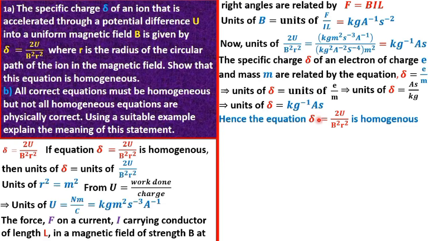Okay. So, friends, that's how we can answer this first part. Now, the next part is saying that all correct equations must be homogeneous, but not all homogeneous equations are physically correct. Using a stable example, explain the meaning of this statement. Okay. So, friends, let's take this question stepwise. There are two parts. The very first part is that they want us to explain the fact that all correct equations must be homogeneous. Now, friends, this first statement simply means that